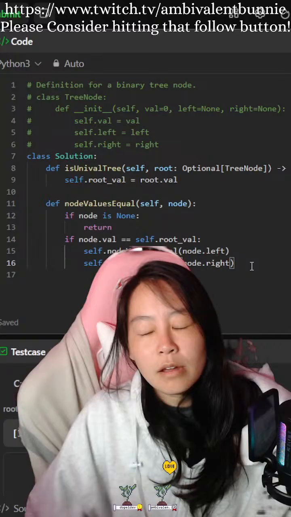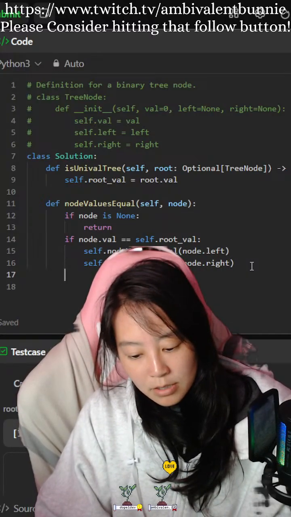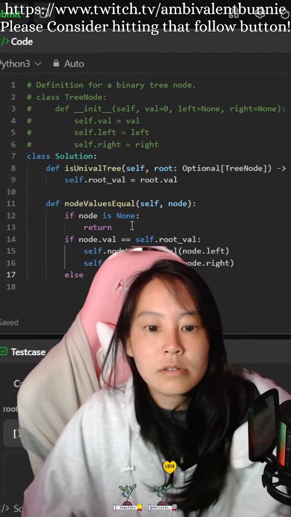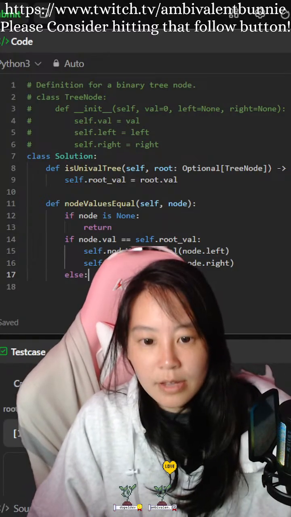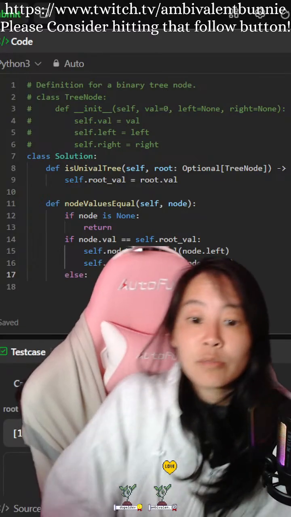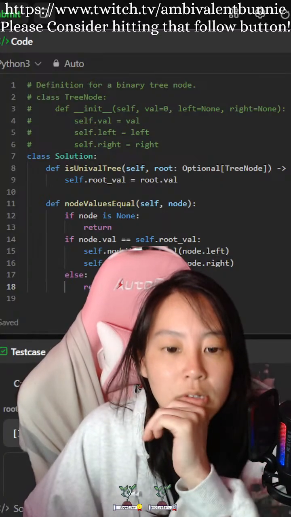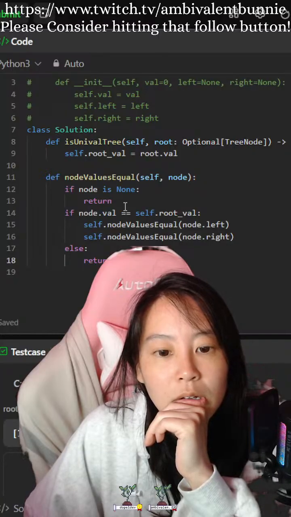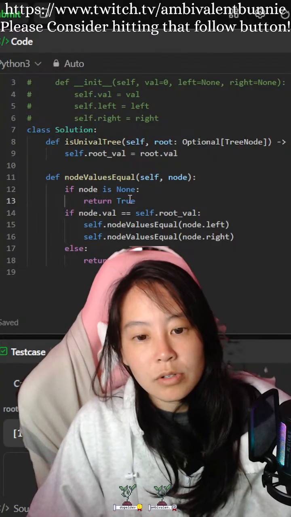Okay, and then if it is not... else, okay, so else if node value does not equal self.root val, return false. Return true.